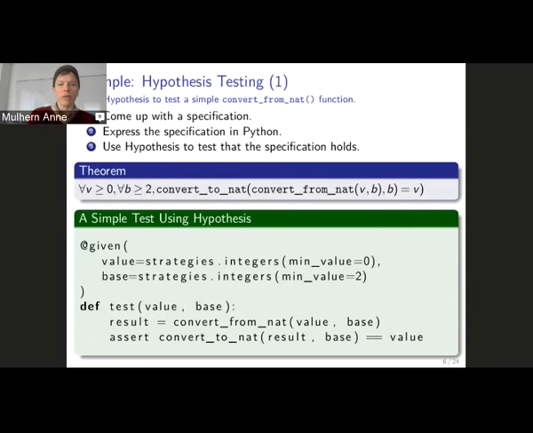So I have two things that are given. One is that value, which is at least 0 as before, and one is that base, which is at least 2 as before, and both of them are integers. So that's all in the arguments to the hypothesis given generator. And then my function just takes those both as arguments and tests that the fact I'm interested in is true. And so that function is just a statement of the second half of the theorem. Okay, and that should, I think, look pretty straightforward. The two things match.